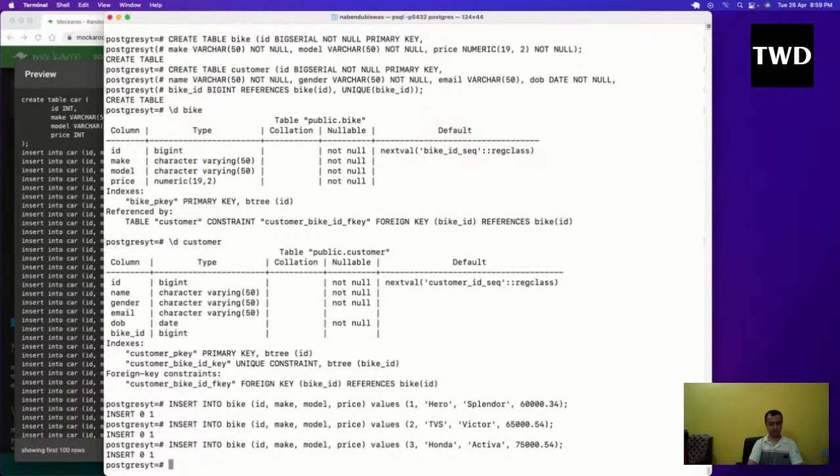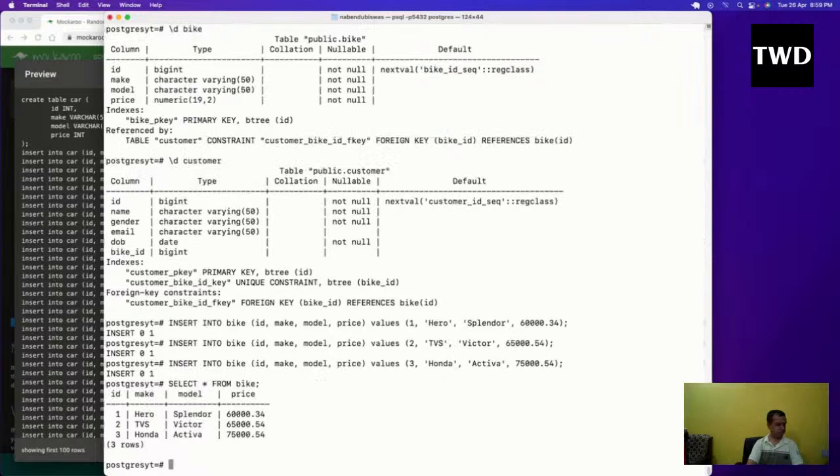So now if I do a select star from bike, I'll have all these three things. Now I'll also insert into the customers. Okay, so insert into customer name, comma gender, comma email, comma DOB, comma bike id. Okay, then values is like